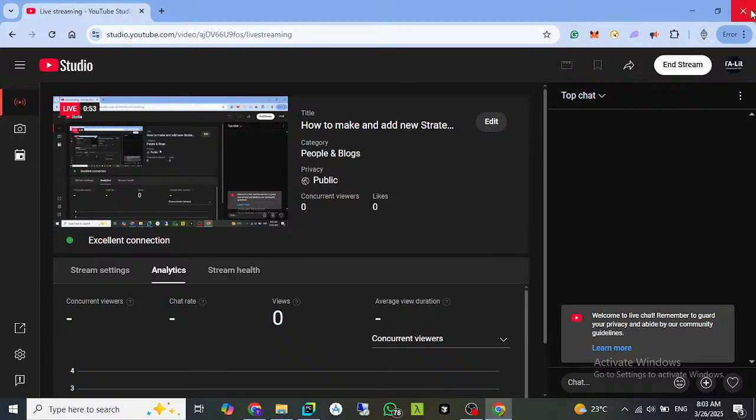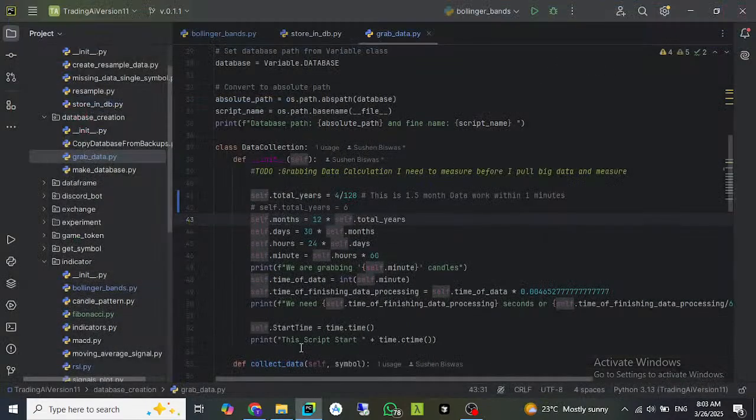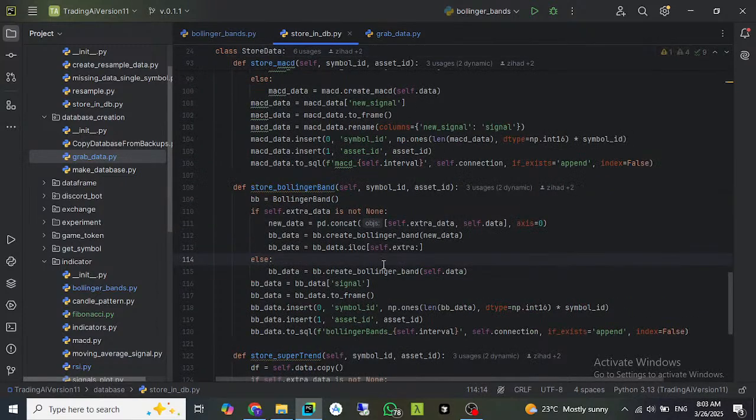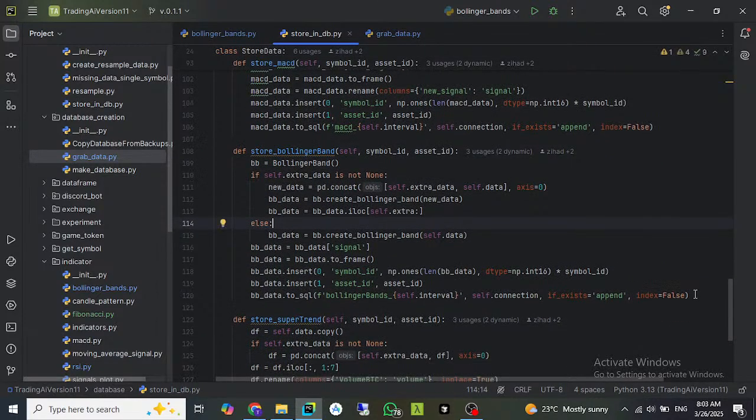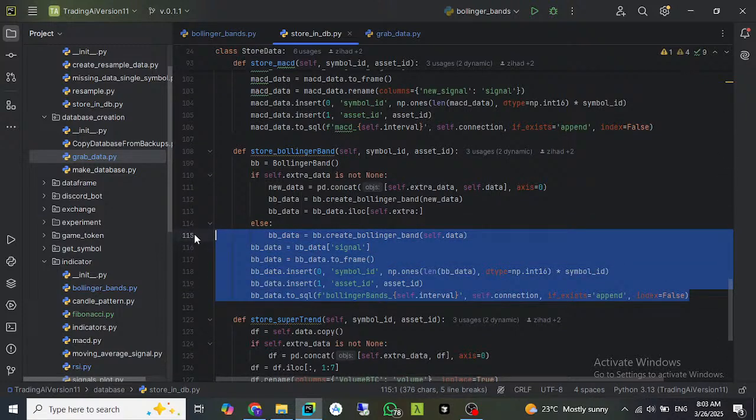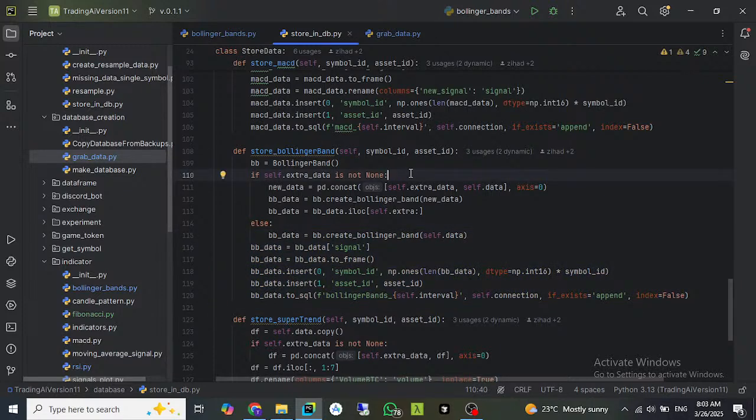So the data actually gets stored in the DB, and it's all similar. I told you the operation is all similar, so we have to do those things for Fibonacci also, and that is the second part. I think the live has some problem and I have to restart the live again. So anyway,